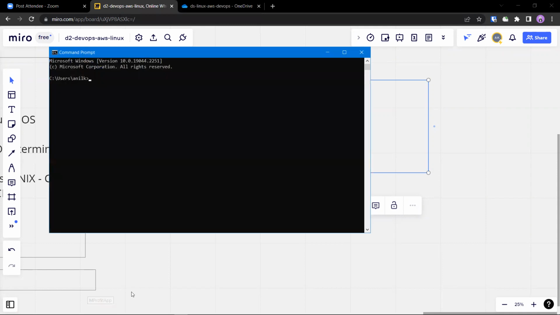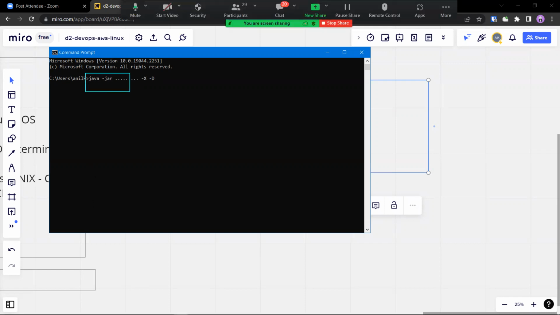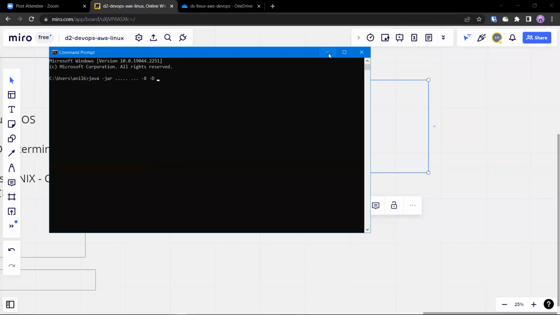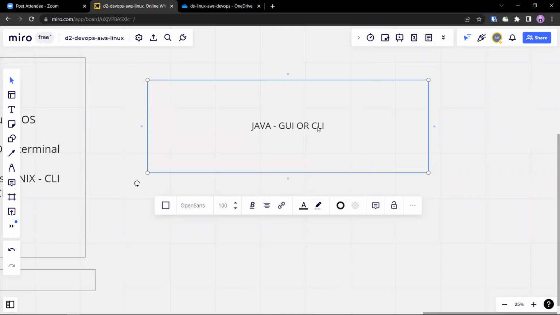Can we run like this? java, with -X options, -D options. If you don't know about this, don't worry. But this is how a usual Java program runs if you are doing it from the command line. So Java can be done using both CLI and GUI.